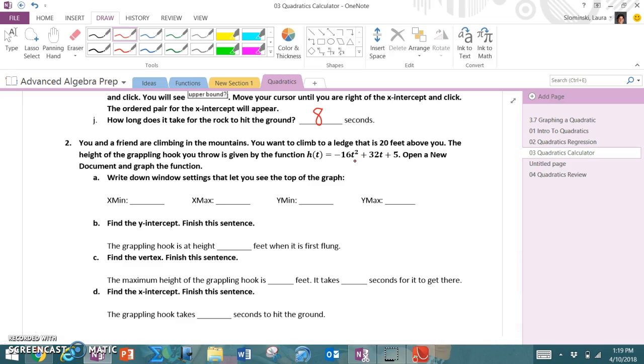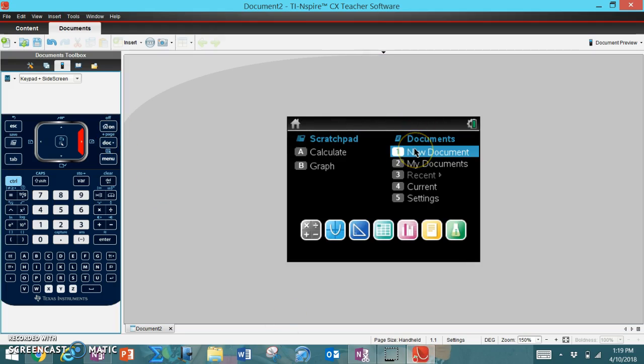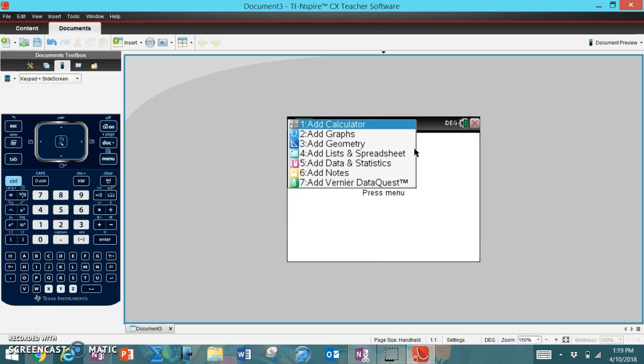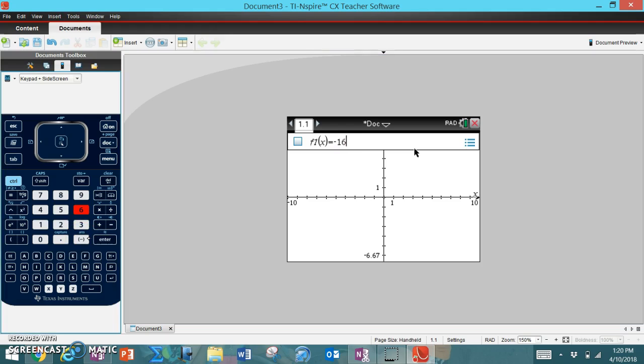So pause this and then come back and check it. Hopefully, as you went to graph number 2, you went back home, new document, no you don't want to save, add a graph. In this case, our equation is negative 16x squared